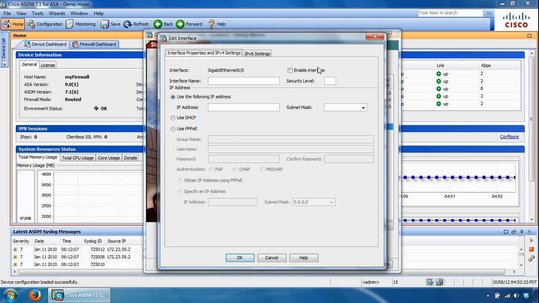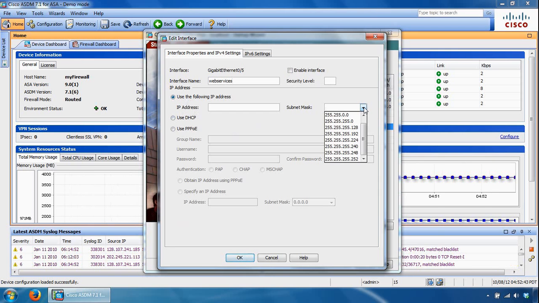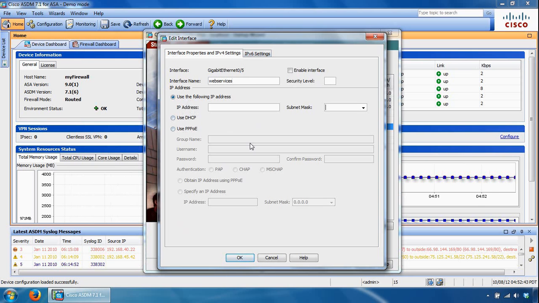Again, you can enable the interface, you can specify the security level for it, you can specify the name for it, and you can also give it an IP address, so IP address and subnet mask from here, as well as you can again use DHCP or point-to-point over Ethernet, as we've already had a look at, and you've also got your IP version 6 settings in here. So if we click cancel here,